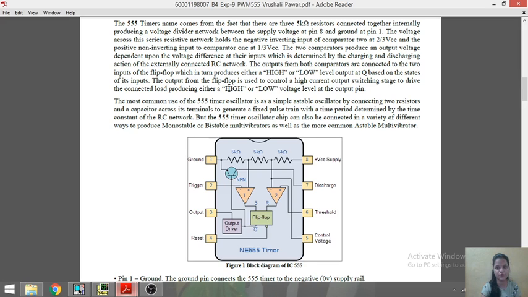The two comparators produce the output voltage depending upon the voltage difference at their inputs, which is determined by the charging and discharging action of the externally connected RC network. The outputs of both comparators are connected to the input of the flip-flop, which turns the output Q to high or low levels based on the states of the input. Here you can see the block diagram of the